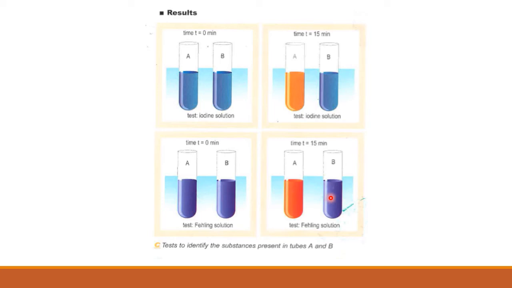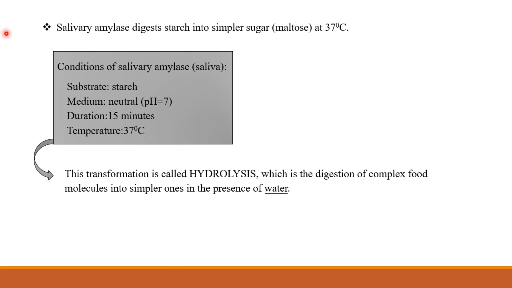This means that the starch in tube A transforms into sugar or digests into sugar. As a conclusion, by the action of the saliva, the starch in tube A is digested into sugar. Finally, as a conclusion, salivary amylase, which is an enzyme, digests starch into simpler sugar, maltose, at 37 degrees Celsius